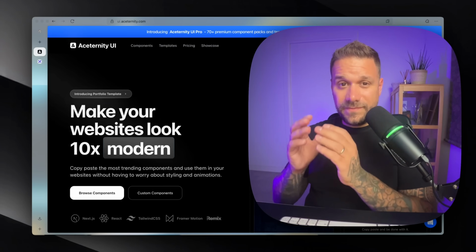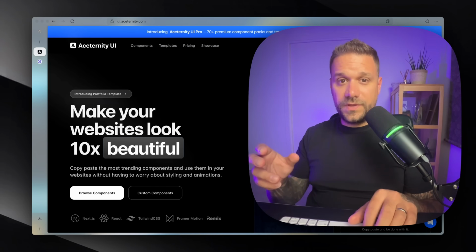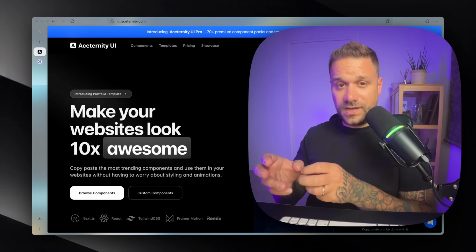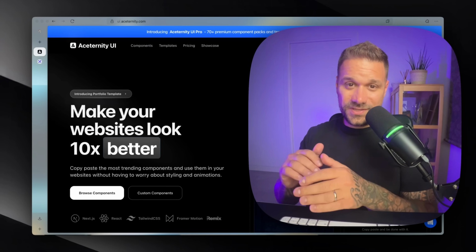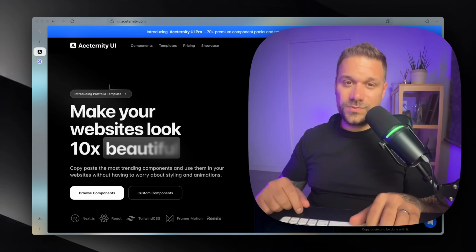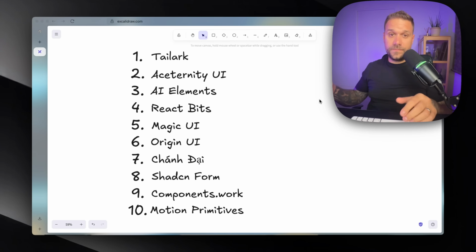Aceternity UI is one amazing and useful UI library, and it was really hard for me to decide, is it going to be on the first or on the second place? So let's see that first one. And the moment we've all been waiting for, number 1,